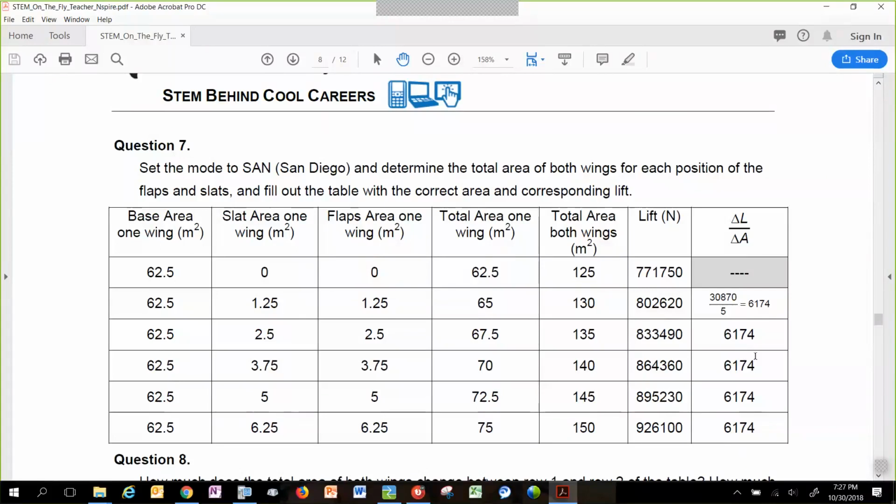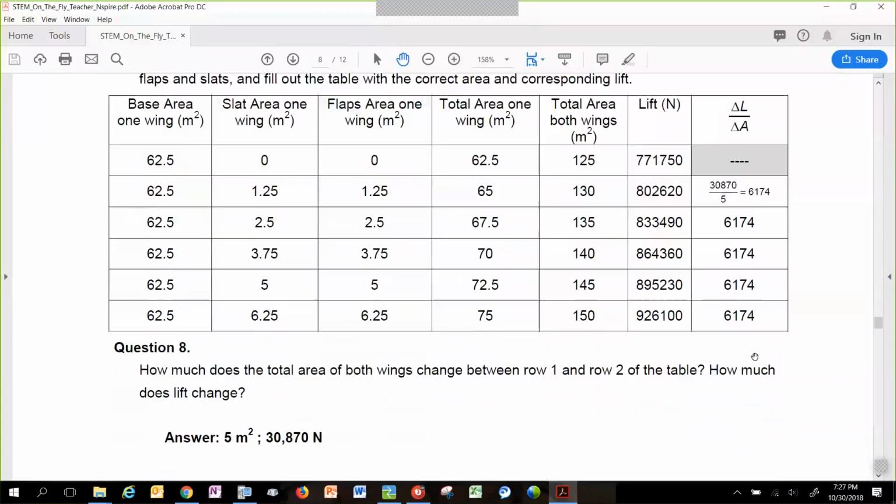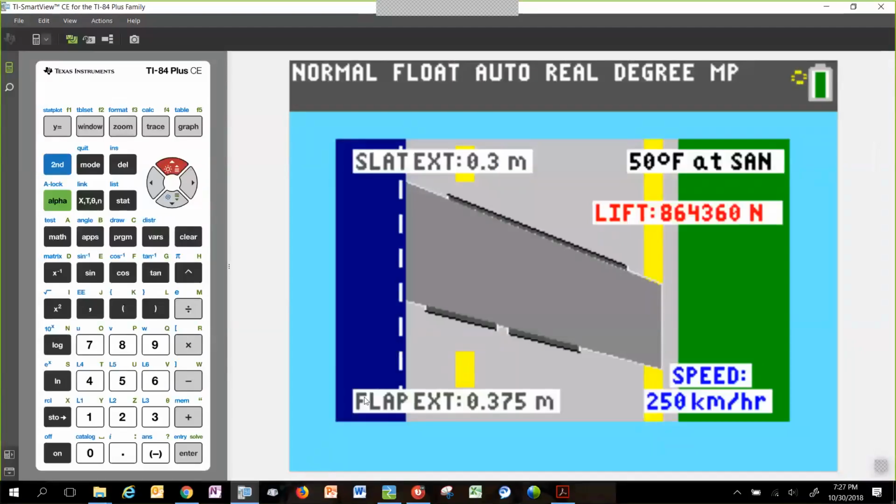We're seeing this same change relative to the change in area. What's going on? That's kind of interesting. And so the prompts actually ask the students to comment on that. The hope is that students will go, wow, it sure seems like maybe lift and area are linearly related. These two things seem to be changing at exactly some sort of proportional relationship, or at least linear constant